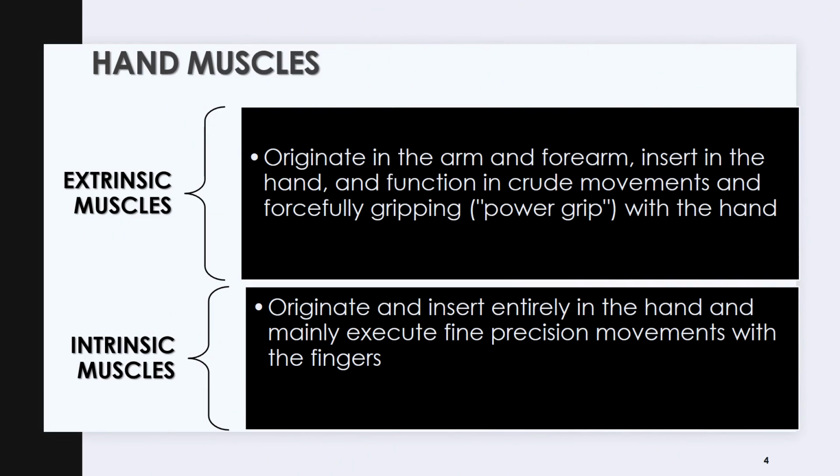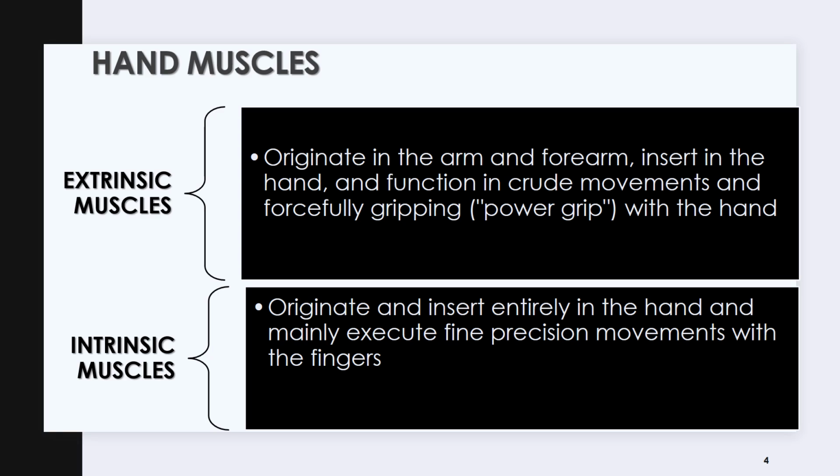So when we talk about the hand muscles, we classify them into two, the extrinsic and the intrinsic muscles. The extrinsic muscles originate in the forearm and the arm and insert in the hand, and they are used for crude movements and forceful gripping with the hand, while the intrinsic muscles originate and insert entirely in the hand, and